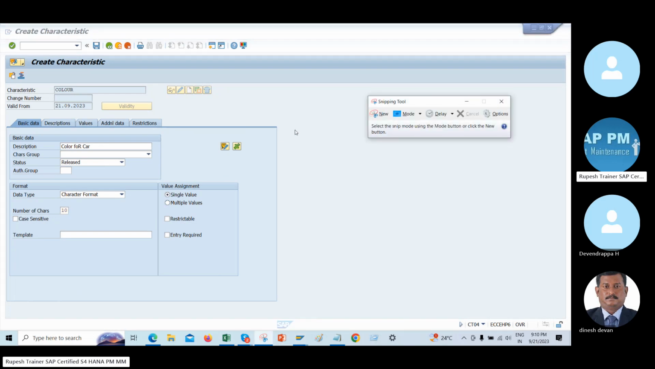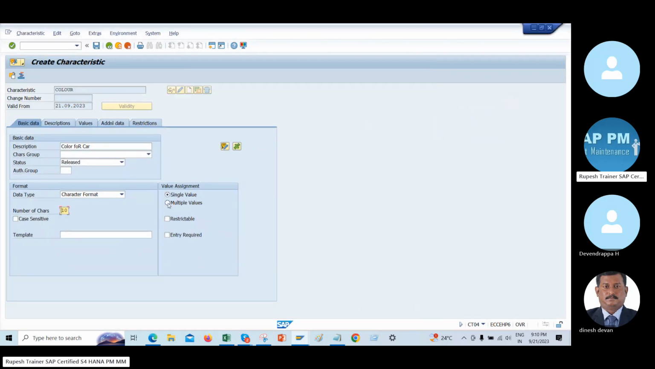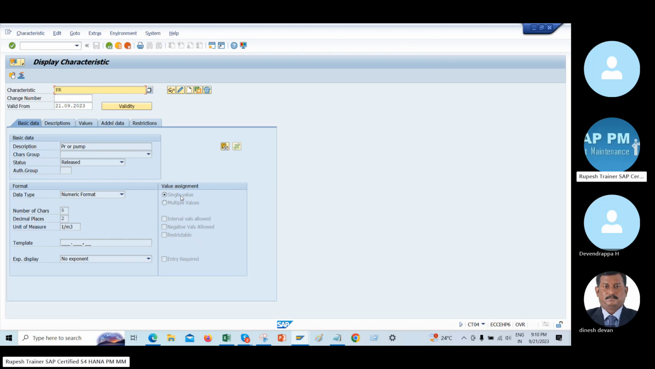Here there is single and multiple values. For color, I'm keeping multiple values, but for pressure, I kept single. So now my characteristics is created. I need to link it with my equipment or FL. I can link it to my equipment or FL, or without that, this can be used for